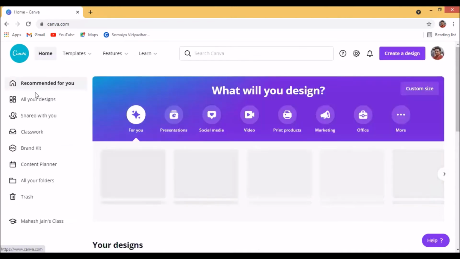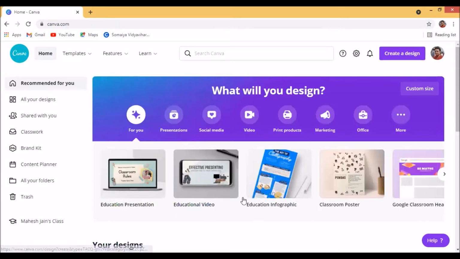When we are talking about Canva, when you are logged in, on the left side you can see the recommendations which you will get. Right now I've just logged in and I'm just a fresher. So whatever I've tried out, based on that, I'm getting recommendations. I tried creating some posters related to education, and you can see the posters and educational content are available for me to explore. You can see the options in presentation also are there.